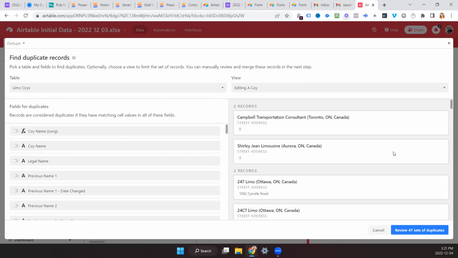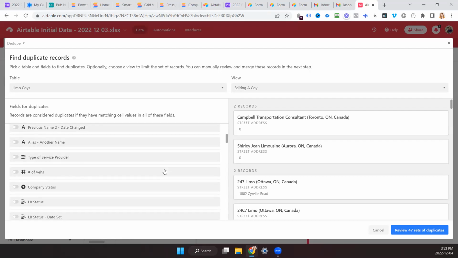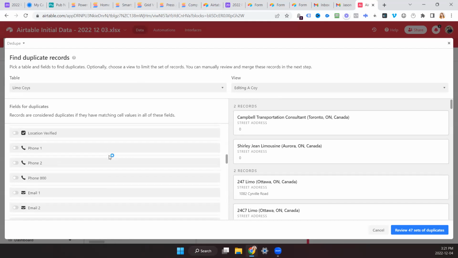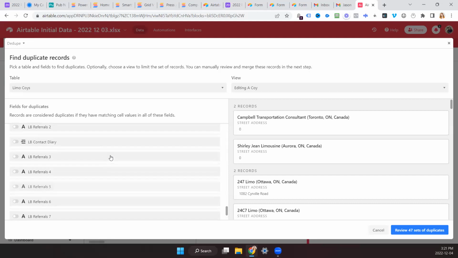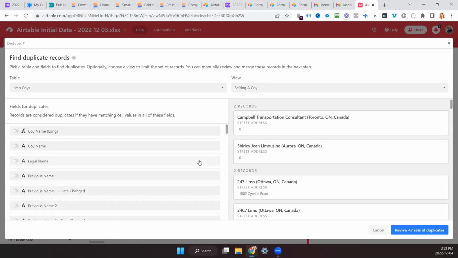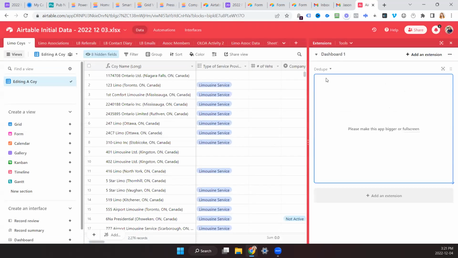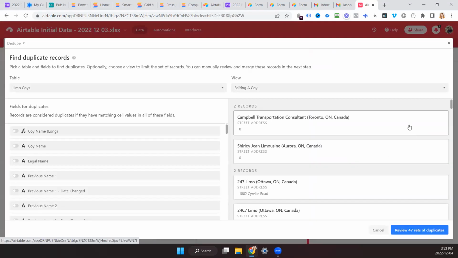Okay. What do you have as duplicate on there on the left? I think it's just street address. That's the only one I have. So you can just search by that. You did extensions and then you did dedupe. Yeah, it's called dedupe. And now this is the dupe part. As long as you don't delete the extension, you can just look at this extension from this base for as long as you want it in here.